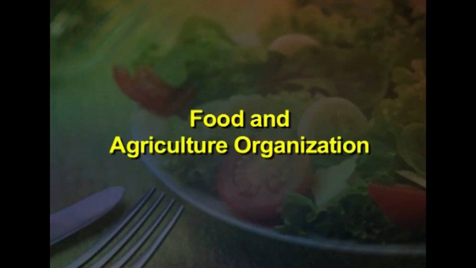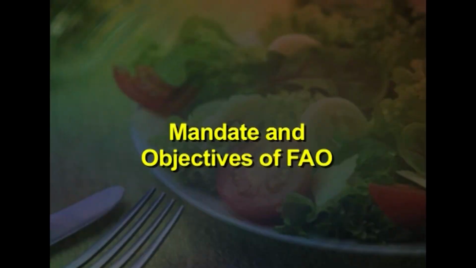Then comes the Food and Agriculture Organization, or FAO. The Food and Agriculture Organization of the United Nations leads international efforts to defeat hunger. Serving both developed and developing countries, FAO acts as a neutral forum where all nations meet as equals to negotiate agreements and debate policy. The mandate and objectives of FAO are: